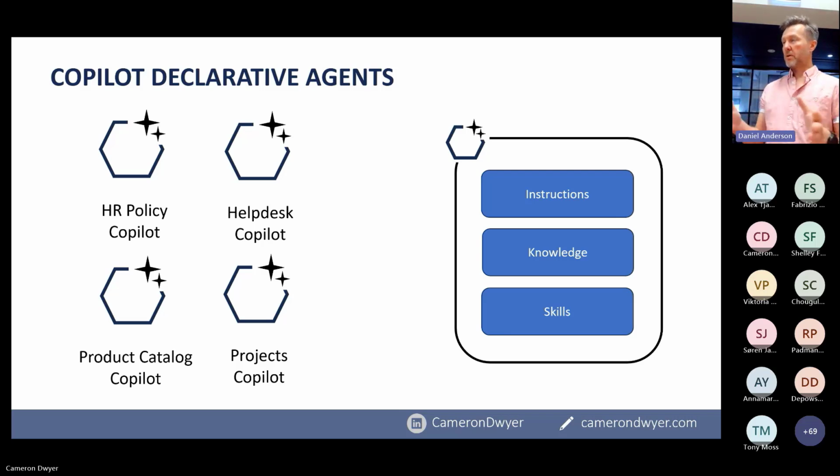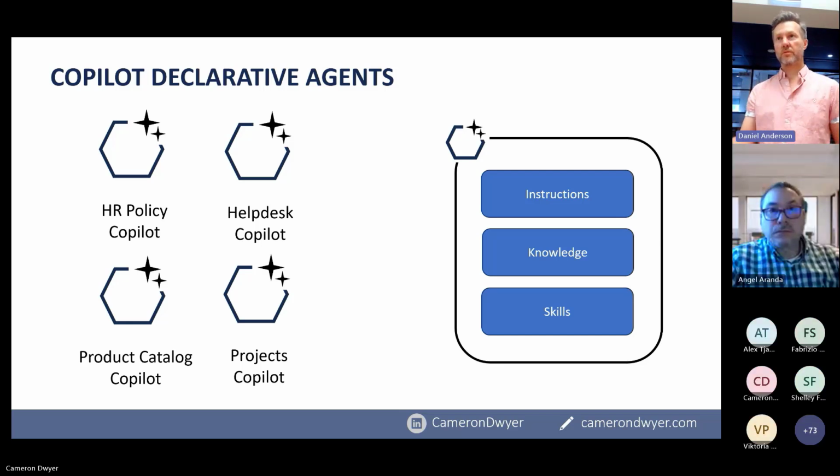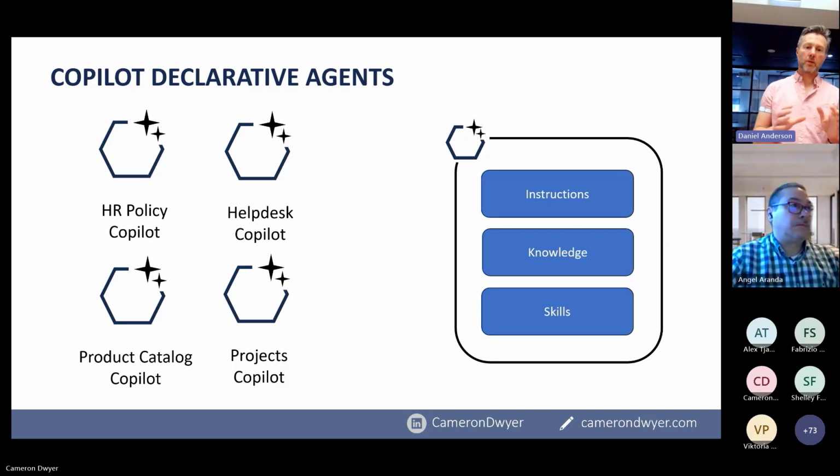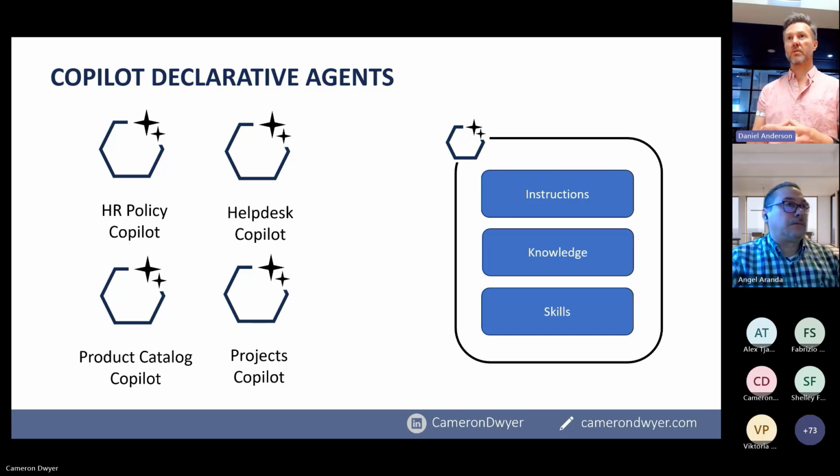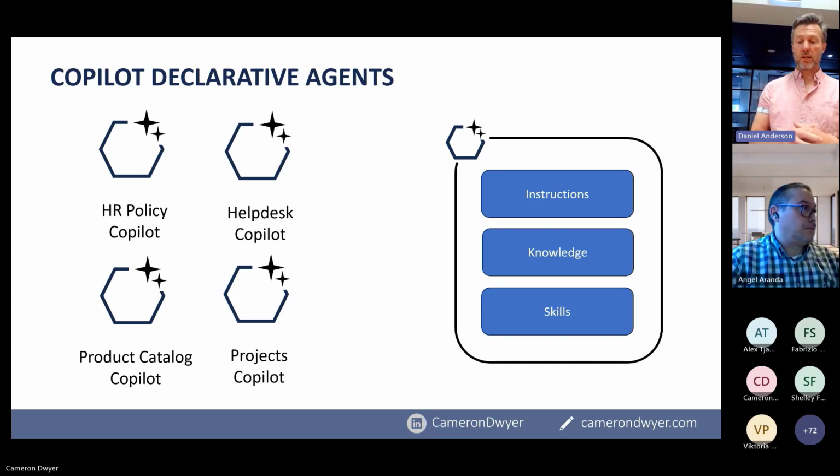Right, so we've got Copilot. We saw that experience that I was demoing where we're talking one-on-one with Copilot, and Copilot had available to it all of the base information and those graph connectors that we brought in. But the idea of a Copilot declarative agent is for you to define your own copilots based around a specific domain or expertise. You can think of these as subject matter experts, if you like. And rather than having all of the information available to them, the whole idea is that you, through the three things that are on the right-hand side here, which is looking inside of a declarative agent, the things that make it up, the first thing is the instructions, which tell it what is it, how is it to behave, how is it to interact with the user.